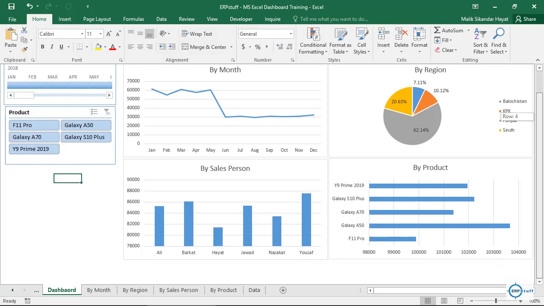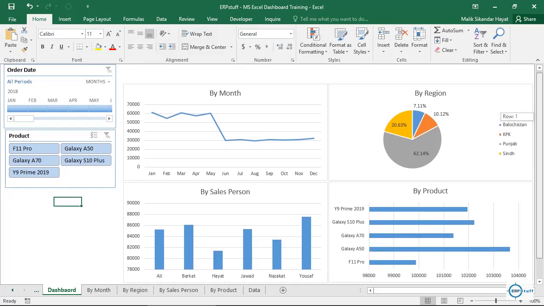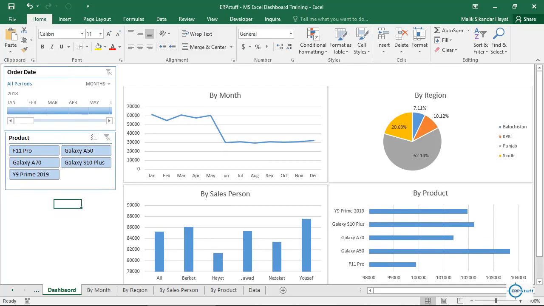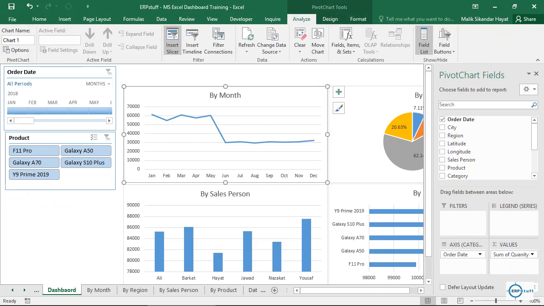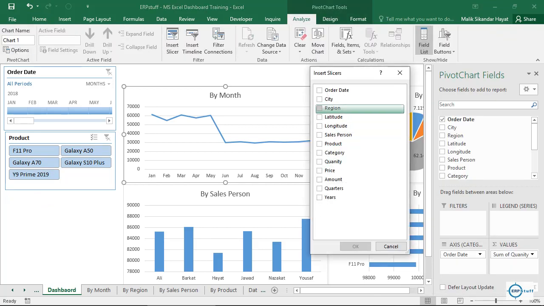Maybe you can have salesperson wise or region wise. Let me put it region wise. Okay, just one more slicer, just for example. I will click on one of the charts, analyze, insert slicer and region, or you can put city or whatever you like. Okay, I'm putting it region,